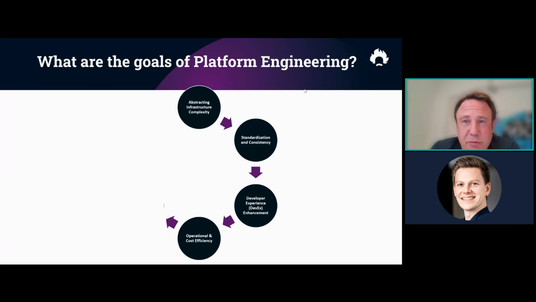Automate repetitive and routine tasks and free up DevOps teams for more strategic high-value work, which creates operational efficiency, but also cost efficiency with smart and optimized resource utilization, and efficient scaling.